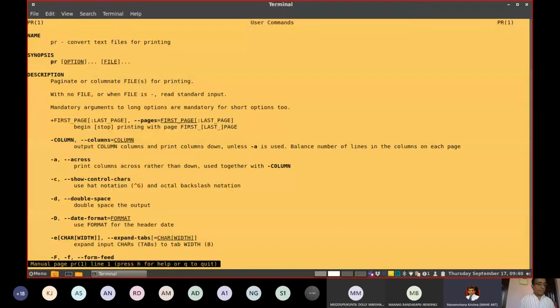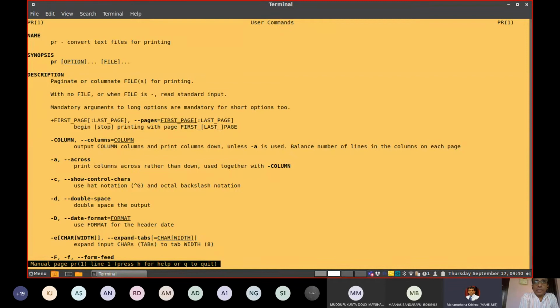This manual page says that the pr command converts text files for printing. Then the synopsis part tells us how to use it. So just now we used pr, and it also takes some options that are indicated within square brackets. You can indicate any different options which are listed in the manual page. You can experiment with all these options on your own.